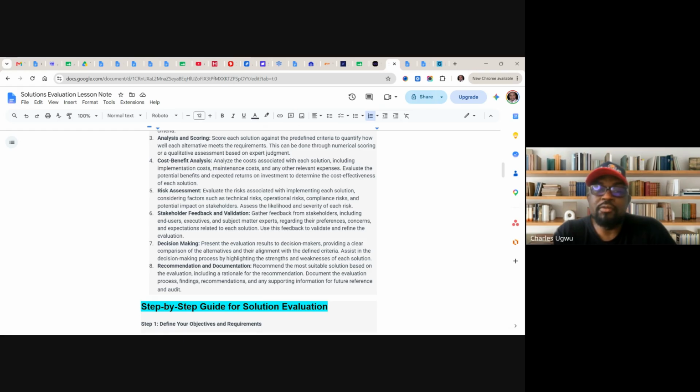Recommendation and documentation. Recommend the most suitable solution based on evaluation, including rationale for recommendation. Document the evaluation process, findings, recommendation, and supporting information. So everything you document must have supporting evidence, links if possible, references,